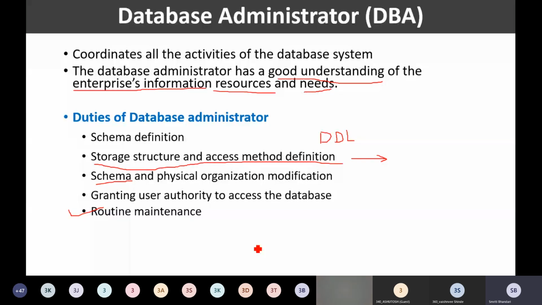Whether the users are having any kind of difficulty in accessing the database. All such monitoring is also done by the database administrator. So these five are the important duties of the database administrator.